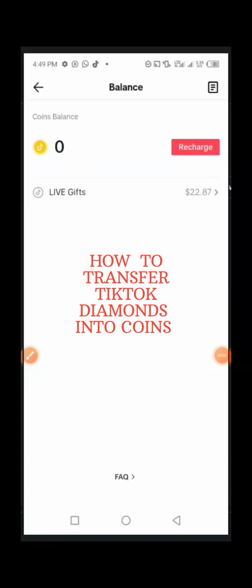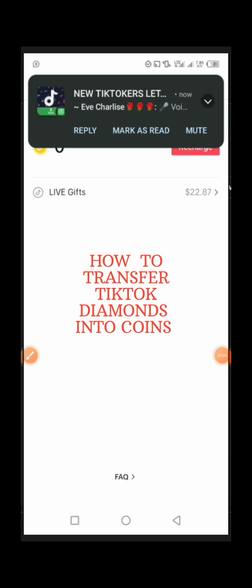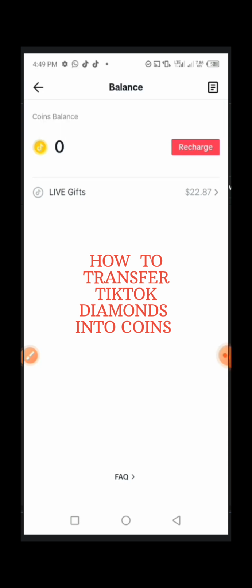In today's video guys, I'm going to show you how you can transfer TikTok diamonds into coins. If you currently want to recharge but you don't have money, I'm going to show you how you can transfer